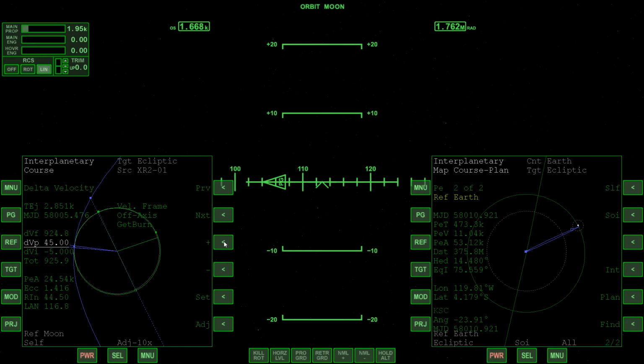Now that we understand how to use longitude, latitude, and equatorial inclination to hit the atmosphere at a precise location, we don't want to forget the importance of periapsis and angle. So of course, periapsis just ensures that we hit the atmosphere at an altitude that ensures we don't burn up, but we also don't skip out. So we really want to make sure that that is between 60 and 65 kilometers. That's perhaps the most important thing we're looking at.